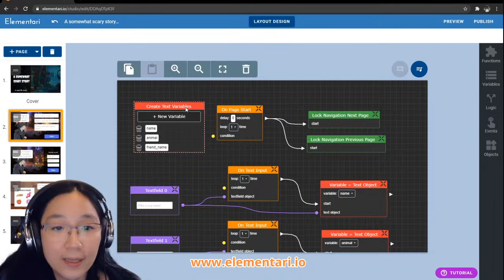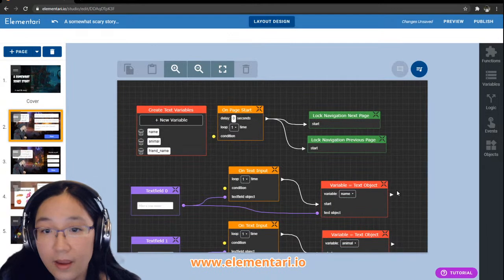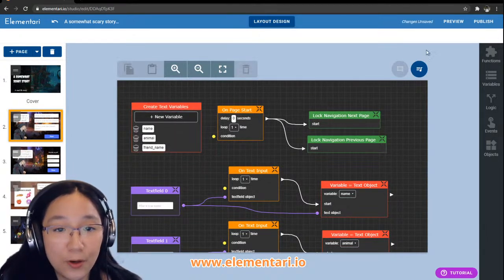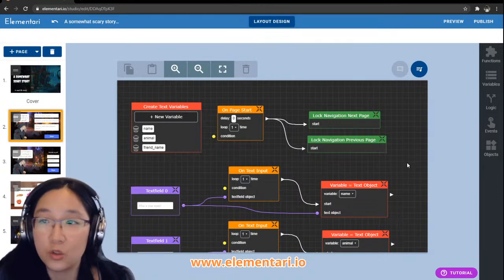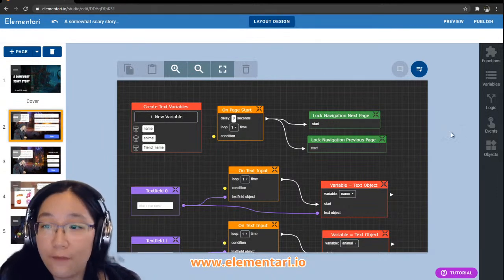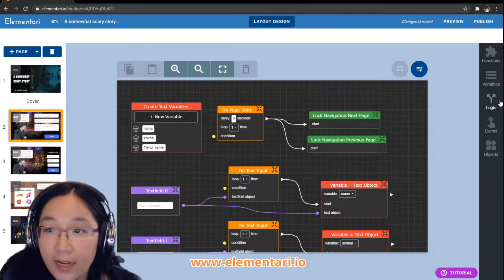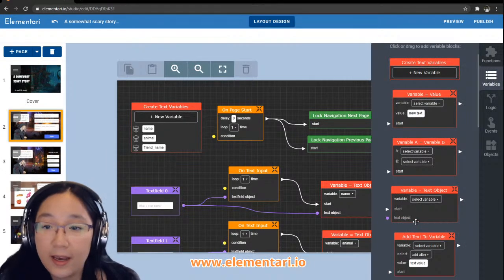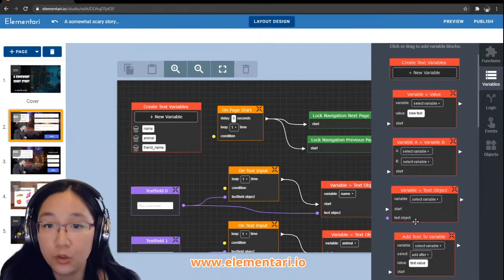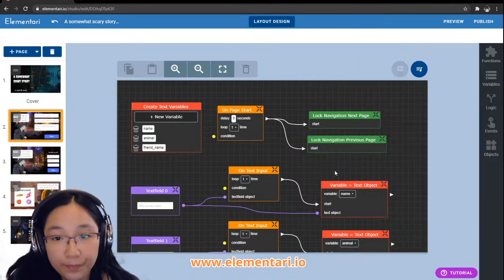So we created some text variables and, when did I do this? I did this a long time ago. And basically when I hit the remix button, it copied the story and all of its code. So if I want to create a new text variable, I can click on plus here, but I can also just go to variables here and I can get my blocks from here. But because we're building off of a story, we're not doing it from scratch, we already have some stuff on this page.